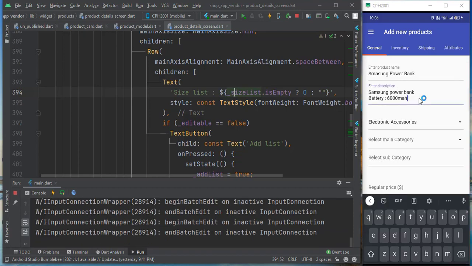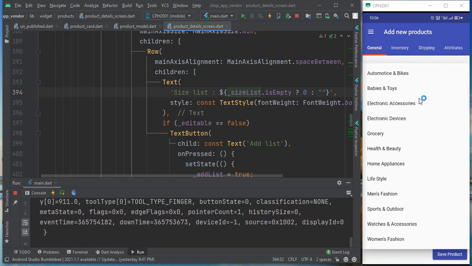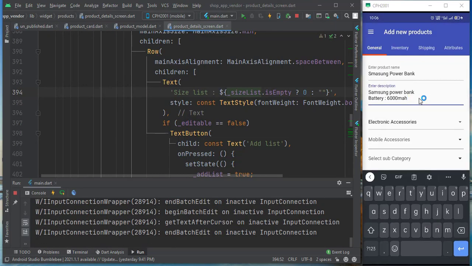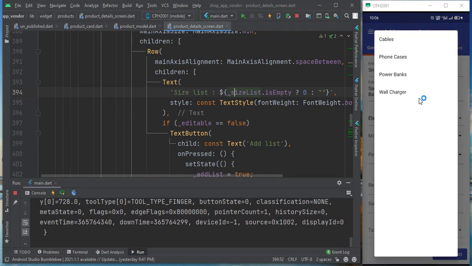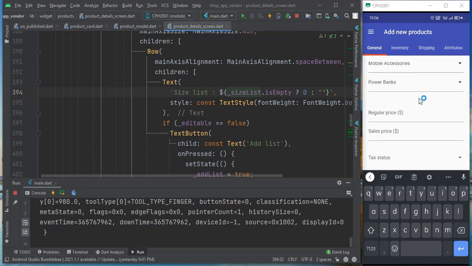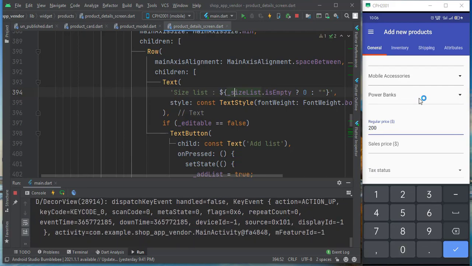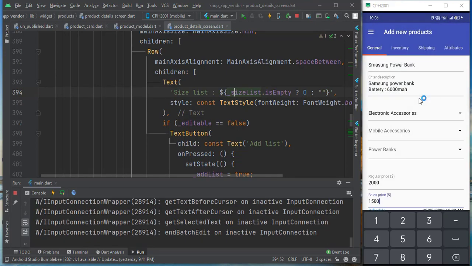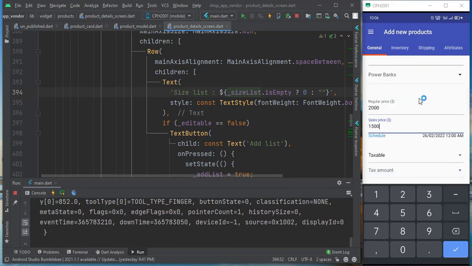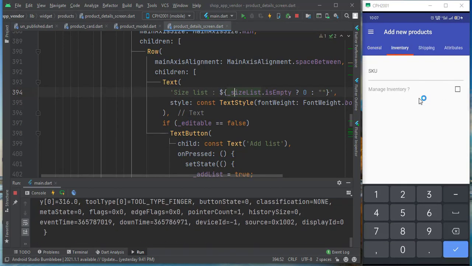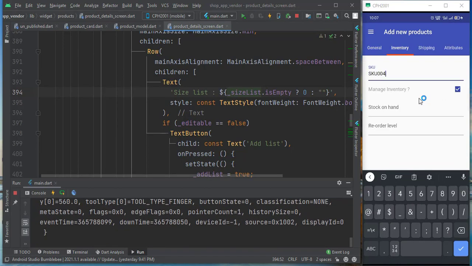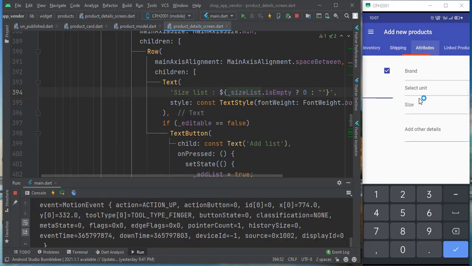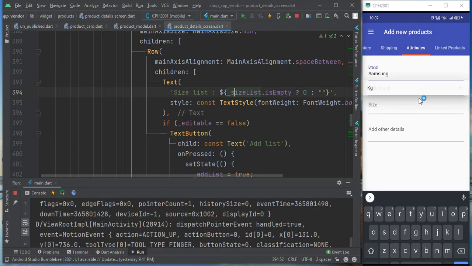Category will be electronic accessories, and the main category, let's say, mobile accessories, and subcategory we have, okay, power bank. Regular price maybe 2000, selling price I put 1500, and schedule as next month until 26th. Tax status is taxable, 10%. Inventory, SKU 004, stock on hand 50, and reorder level is 10, shipping charge 100, brand Samsung, unit is